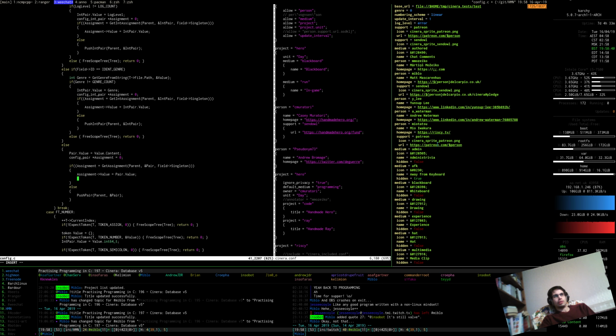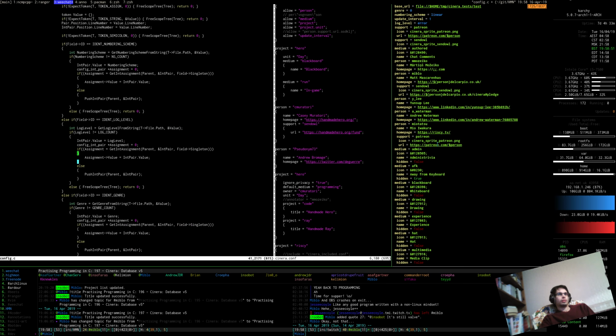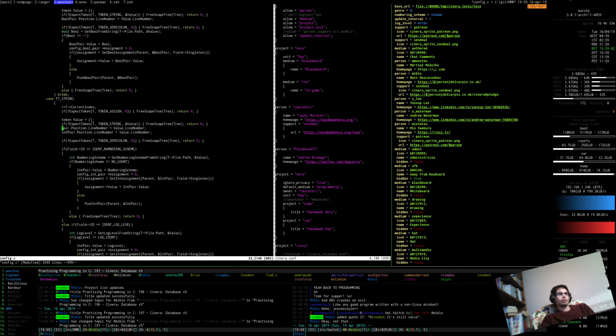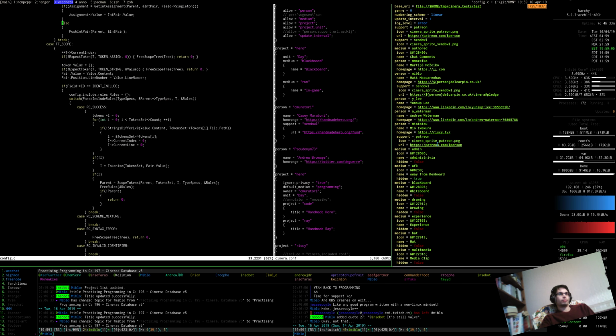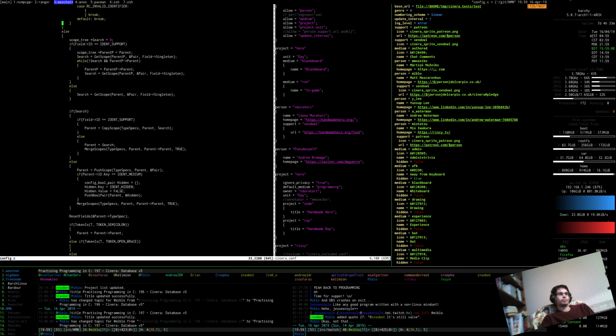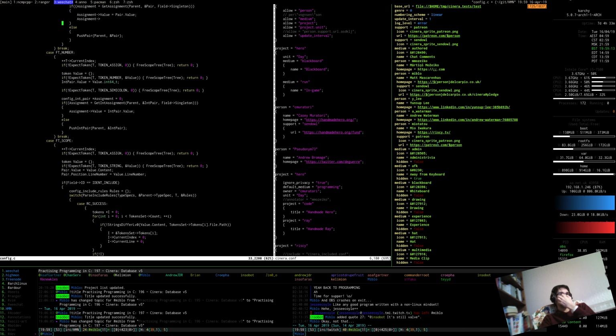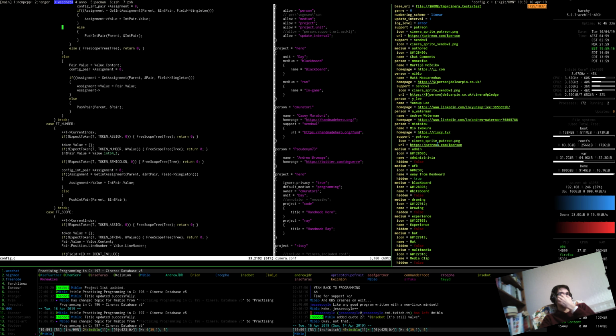I think it should use whatever else is in the pair. Position, line number, and position file name probably. Really, it can't just go back to the previous line where I was. Bloody hell. Where was it? Yeah, it's all of these cases actually. If you find one of those guys,